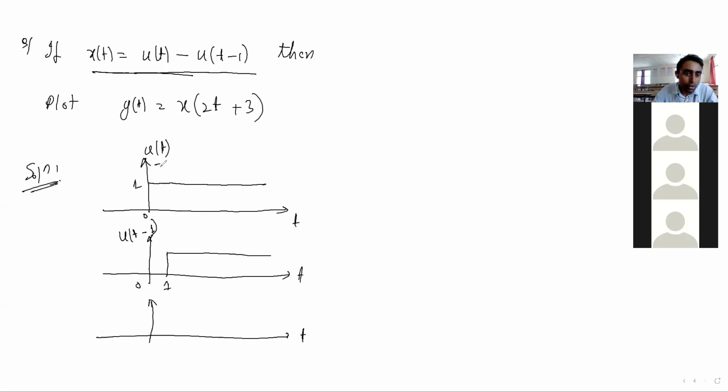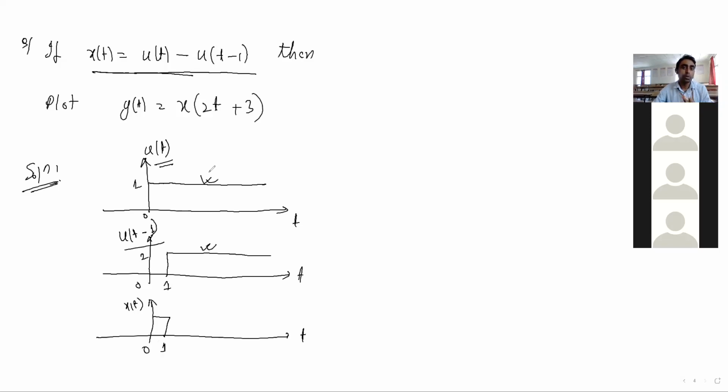So this is u(t) that I have found, and this is u(t minus 1). So what is the question? x(t) will be u(t) minus u(t minus 1). When we subtract, here amplitude 1 is there, here also amplitude 1. When we subtract, our signal will exist up to 1. Beyond 1, all the amplitude becomes 0, because 1 minus 1 equals 0. So the signal exists up to 1 only. So this is the x(t) signal.